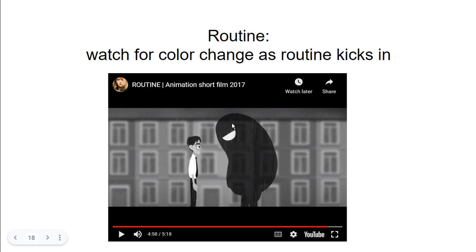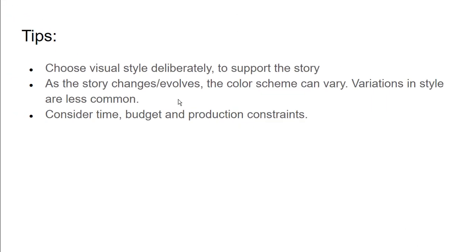I'm just gonna pause here on this last frame, and we basically see no colors. It's just grayness, and the routine has grown up from the little guy to a really big monster, right? I hope that gives you some ideas about the colors for your projects, and I just want to conclude with